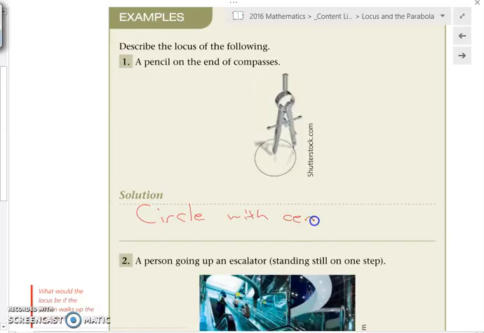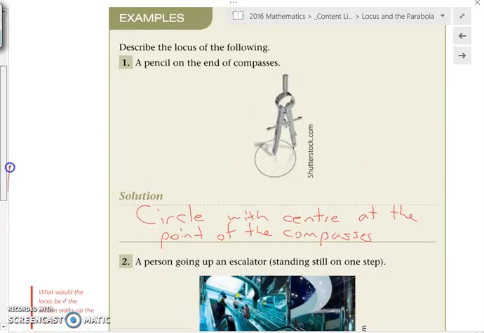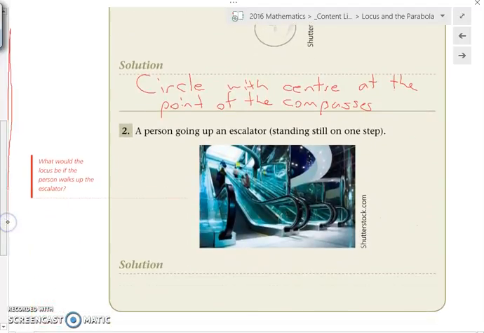A circle with the center at the point of the compasses. Awesome. So that's pretty straightforward. And yeah, you could say the radius is the distance between the point and the